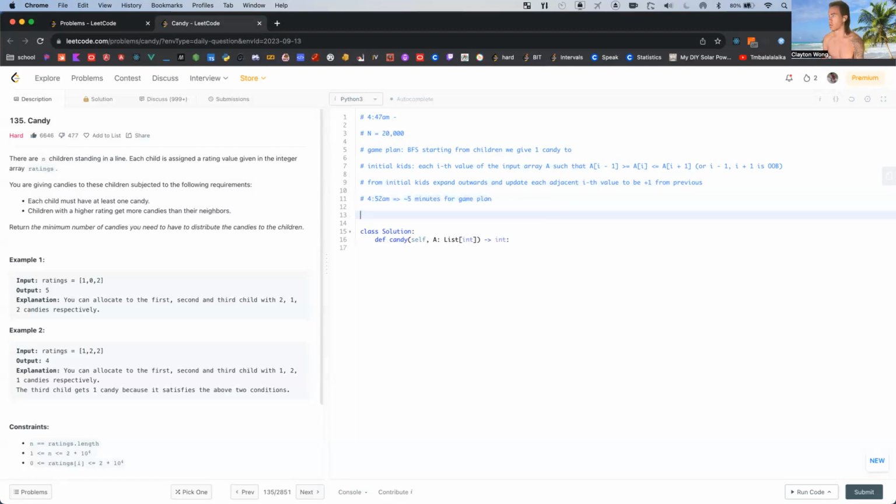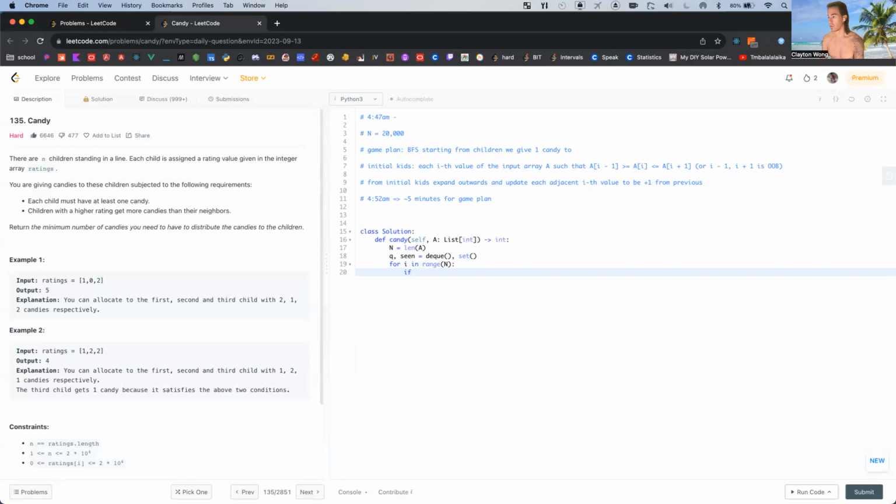Game plan, let's do the implementation. Let n be the cardinality of array A, and then we'll have each ith rating that will initially update the Q to B. So let's do this Q. Q and then seen, I suppose. Q can be our deque. Seen will be a set. For each ith value in A's range, 0 to n-1 inclusive,